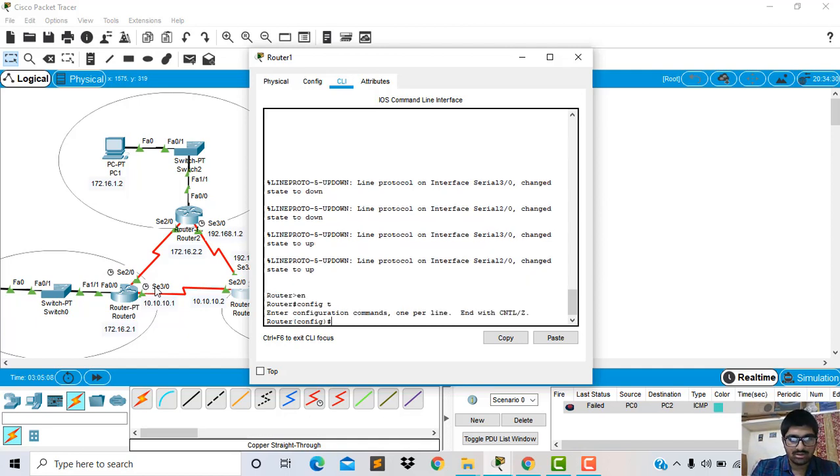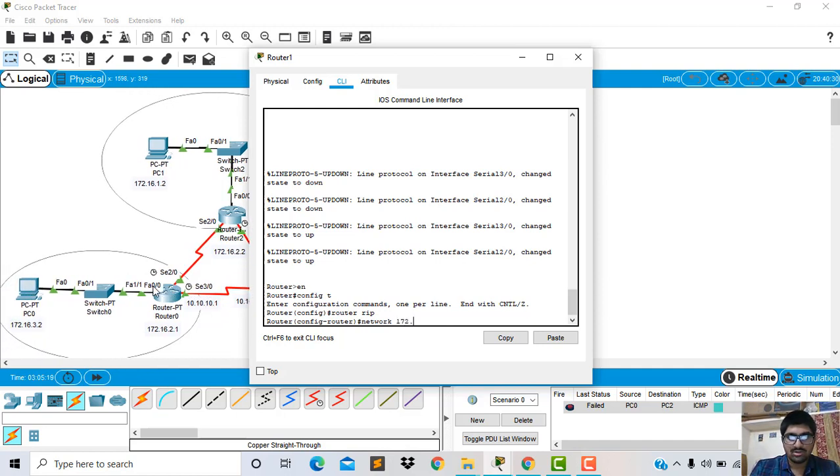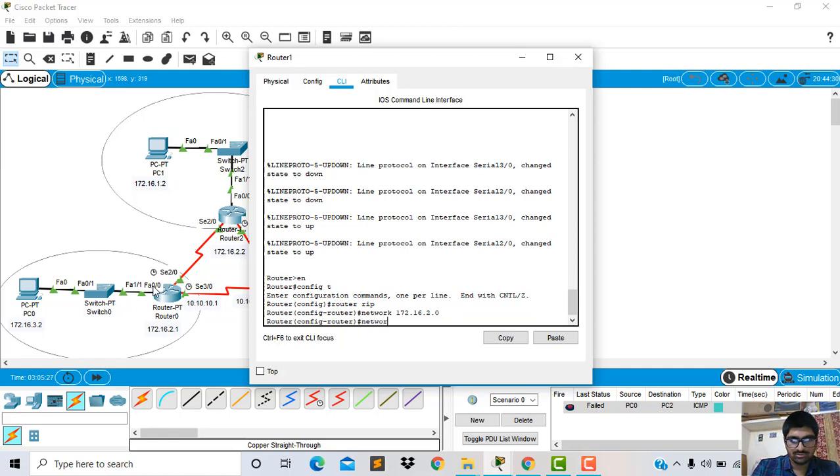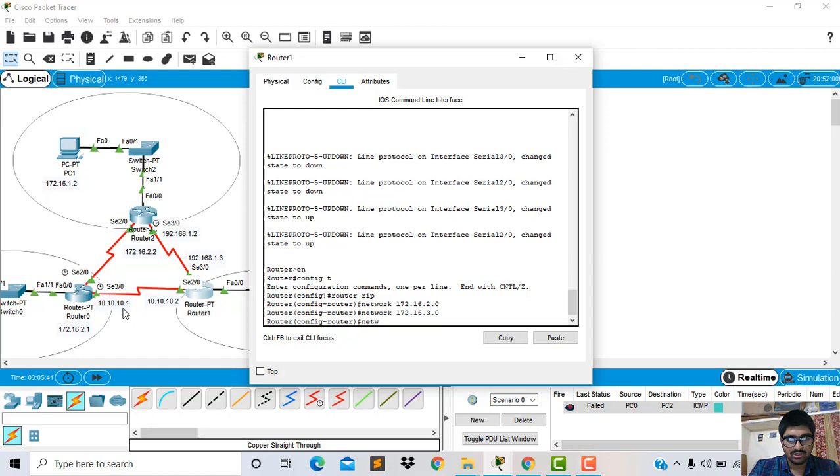Router RIP, network. I am giving the LAN 1 network addresses, 172.16.2.0 and 172.16.3.0. Then we will go to LAN 2 and give the network address of LAN 2, 172.16.1.0.